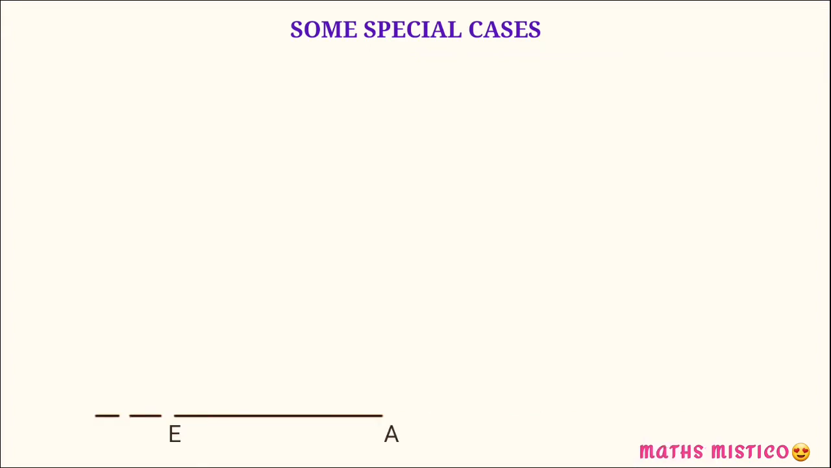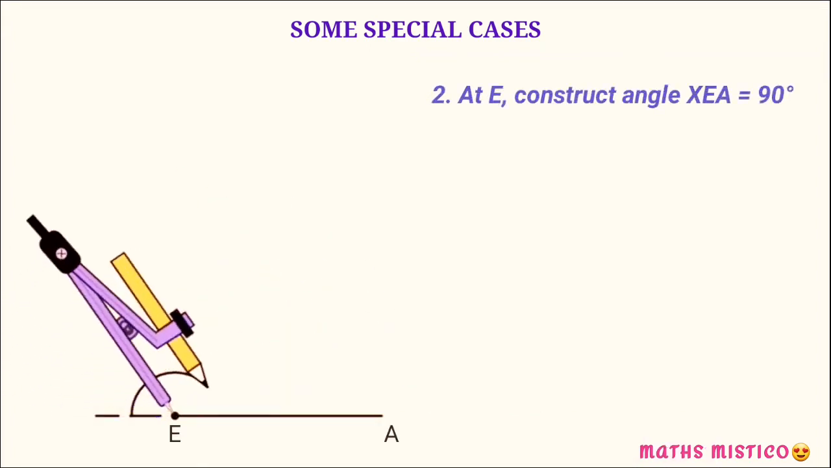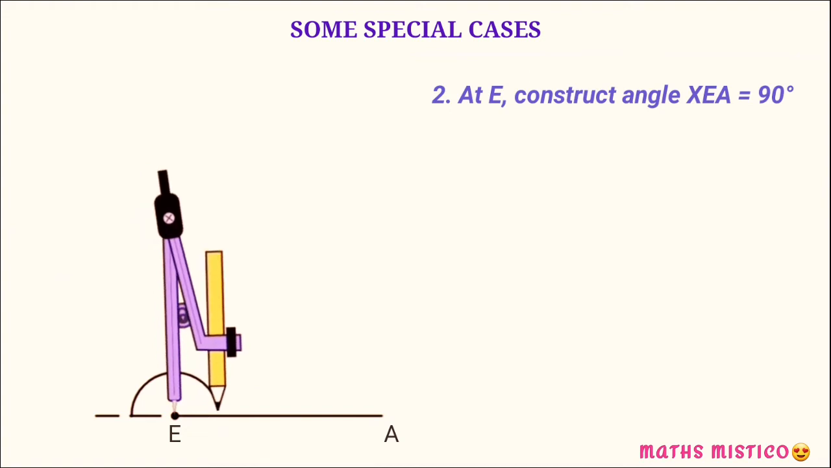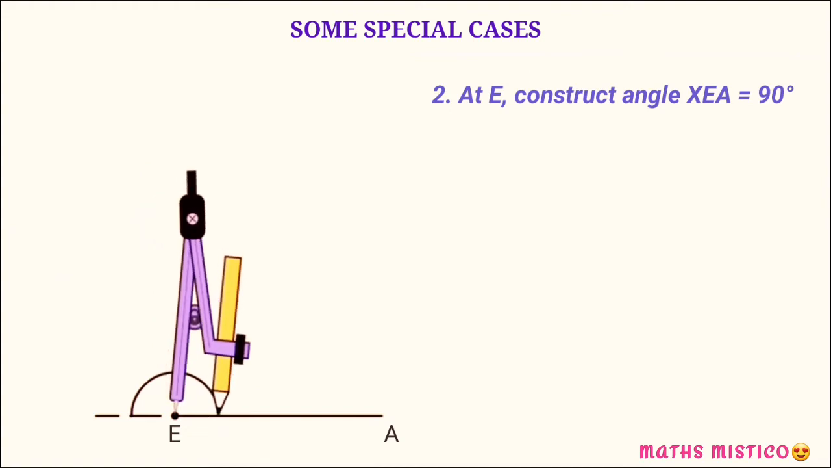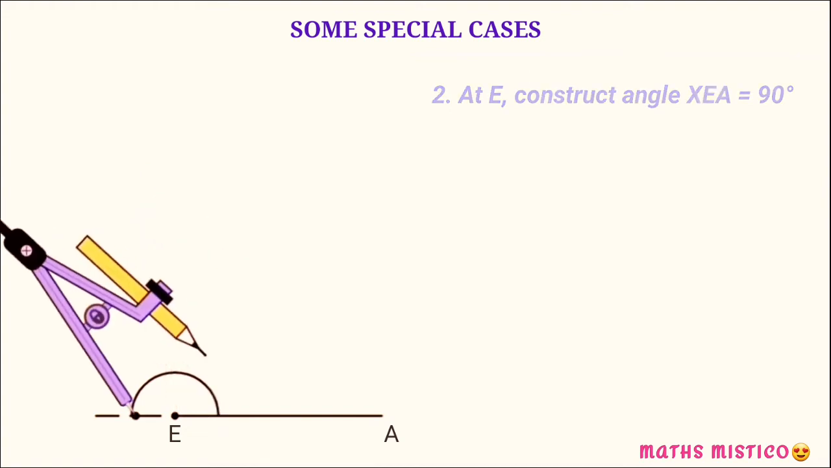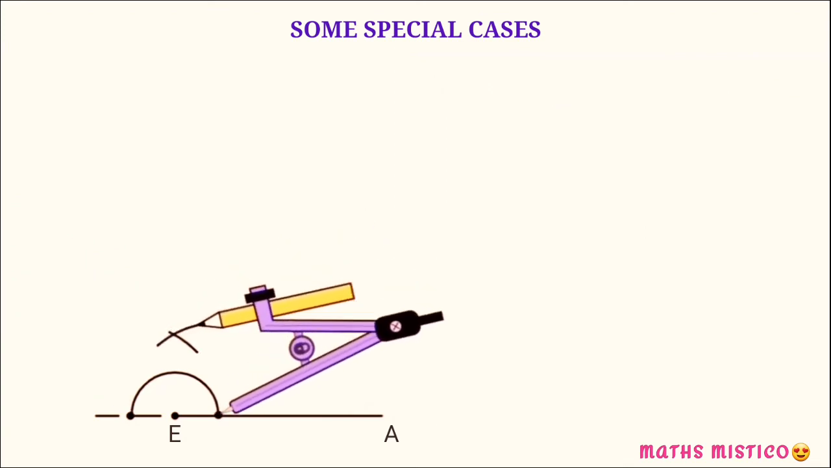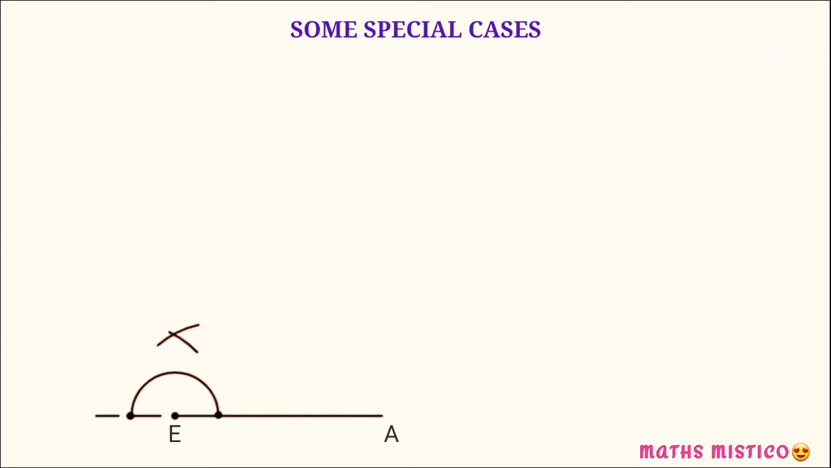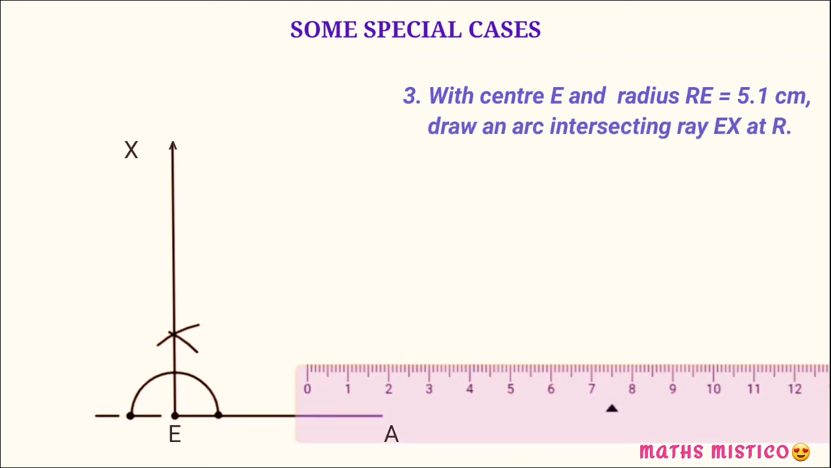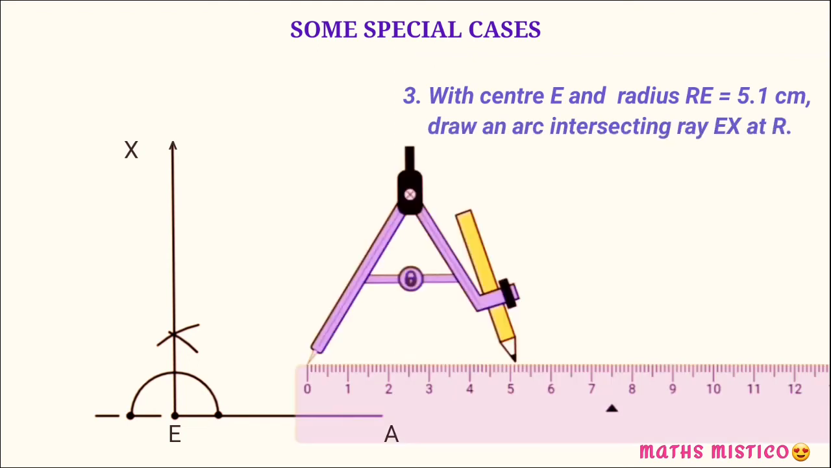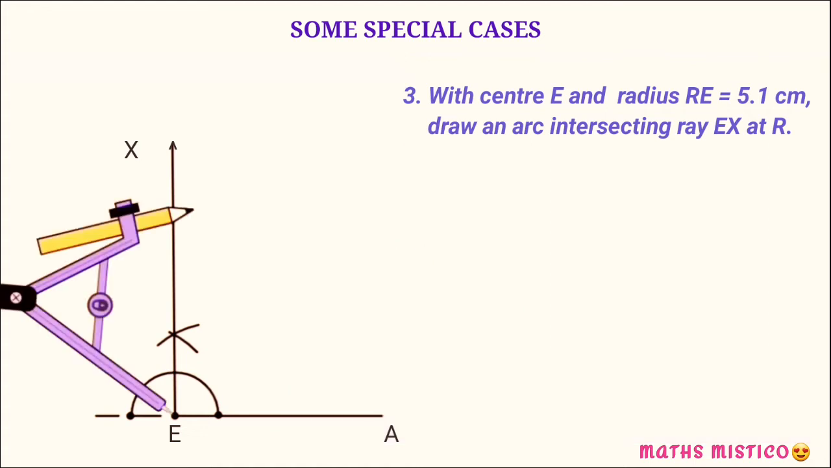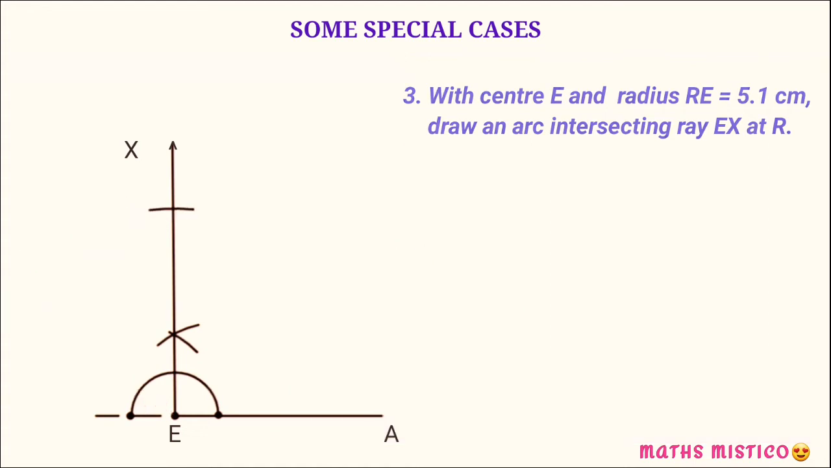Next, I will construct the 90-degree angle at point E. So I have extended the line a little bit. Quickly construct the 90-degree angle. The ray which you are going to draw here should be longer than the other side, which is again 5.1 centimeters long. Now the point R lies on this ray EX at a distance of 5.1 centimeters from E. So we will take radius 5.1 centimeters, center at E and cut an arc on the ray EX to get